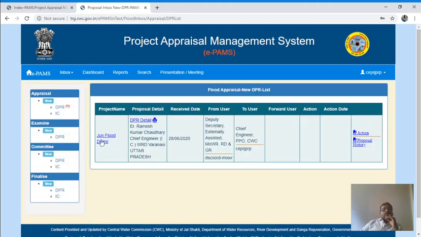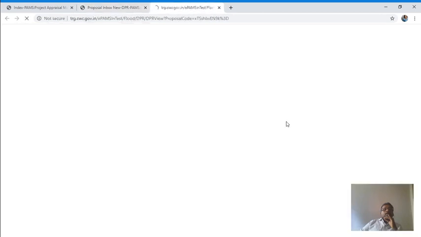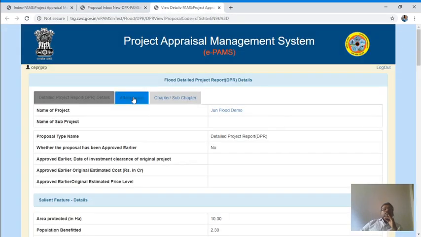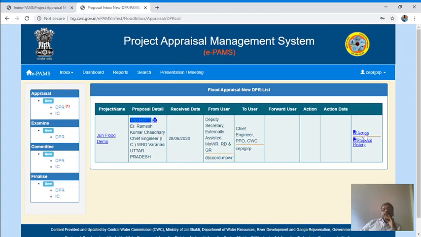You can see here there is one proposal in inbox. This is for the appraisal. You can see it here, one in red color, means it is with you and you have to take action. This user can see also the project, can see also the proposals, and can take action.